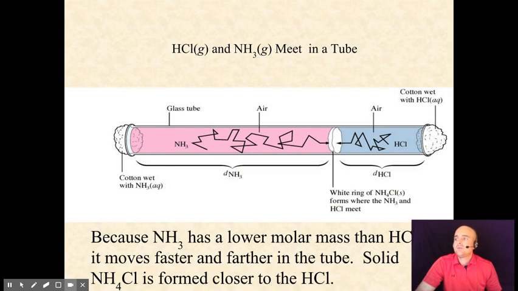As you can see, two different gases are introduced in just a straight tube, where we have one cotton ball soaked with ammonia and one cotton ball soaked with hydrochloric acid. Though that hydrochloric acid will actually still make some type of gas. This is a heavier gas, so it will diffuse slower than the ammonia. These two will react with each other in an acid-base reaction right here, and you'll be able to visibly see